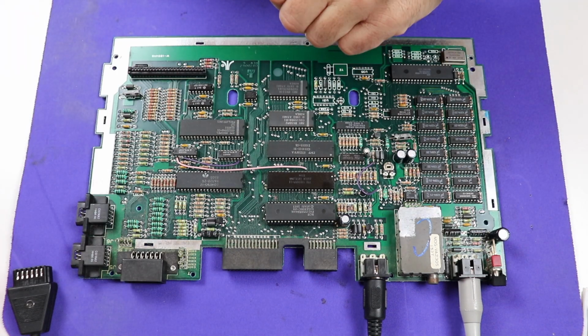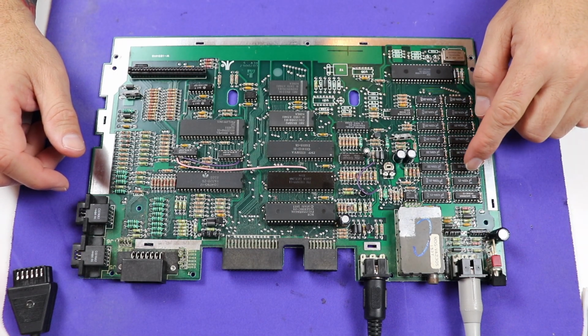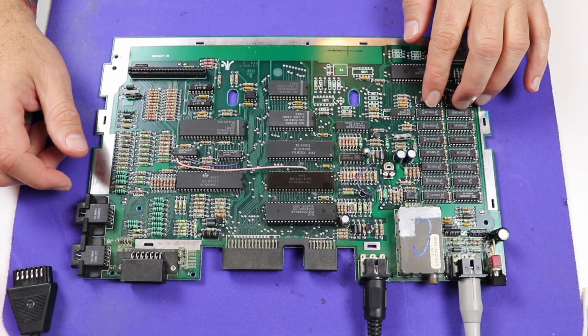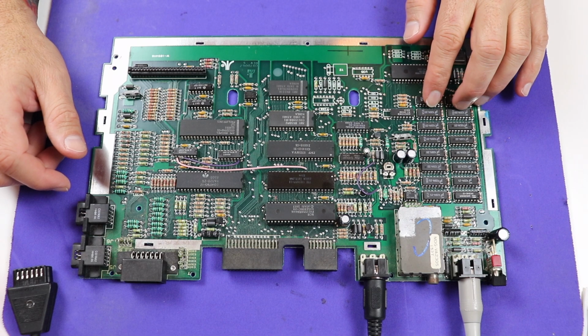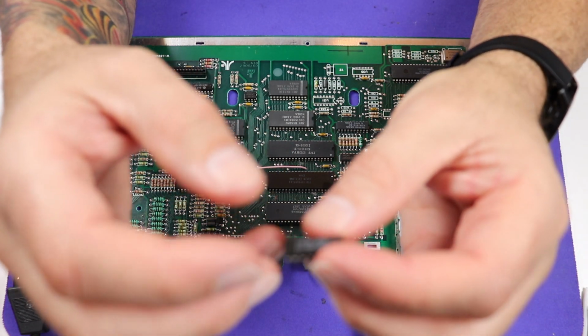So here we have the 130XE motherboard, and we've got 16 DRAM chips that we're going to actually start to look at in the 2 rows of 8. Now, this procedure involves having some spare memory chips. I happen to have a compatible Samsung